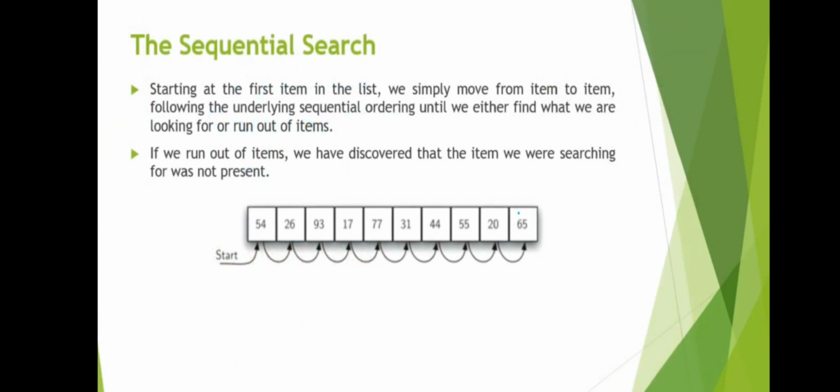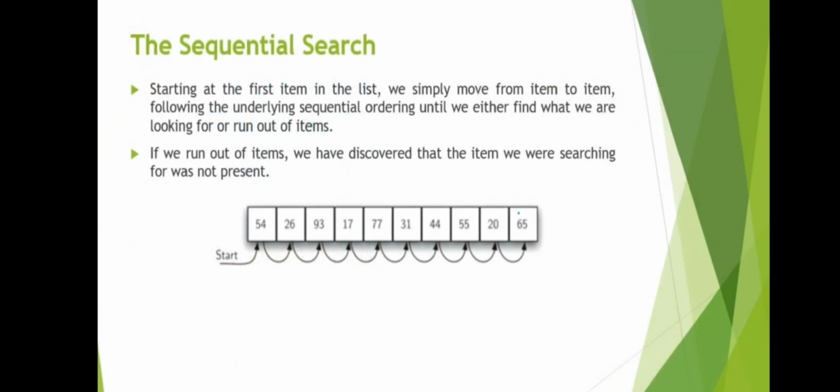We have a sorted array and an unsorted array. We want to search, for example, in this unsorted array, we want to search 77. So we can do that. We can start the search from the first one, 54. Then, if it is not the key, then I will go on to the second, third, fourth, fifth, sixth, and go on. I will repeat this until I find the particular key.